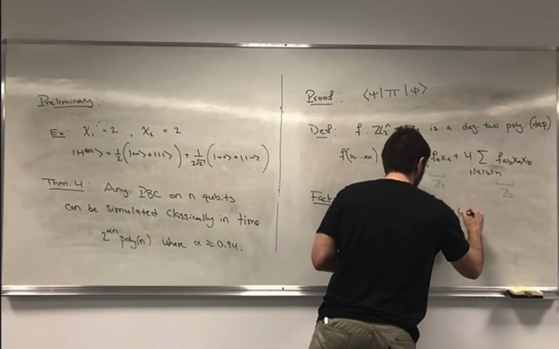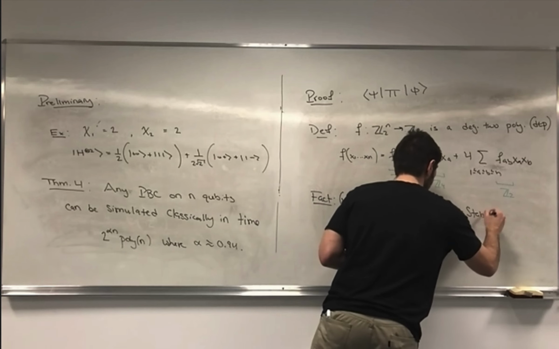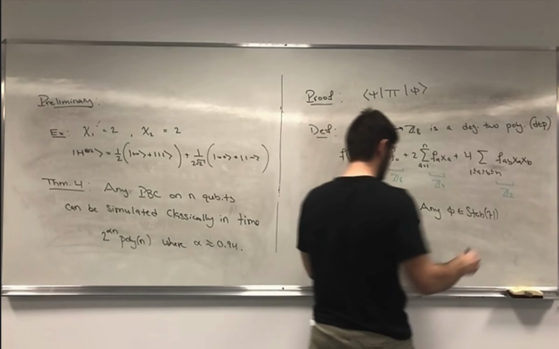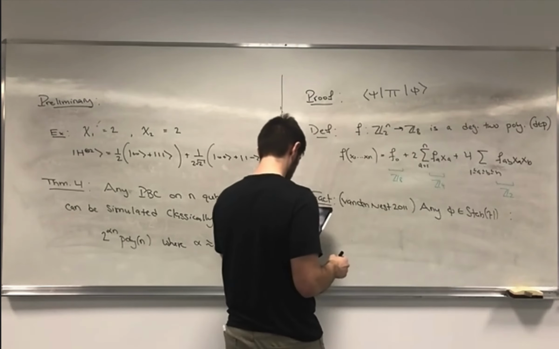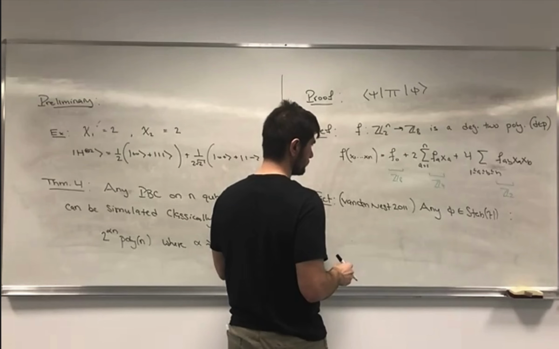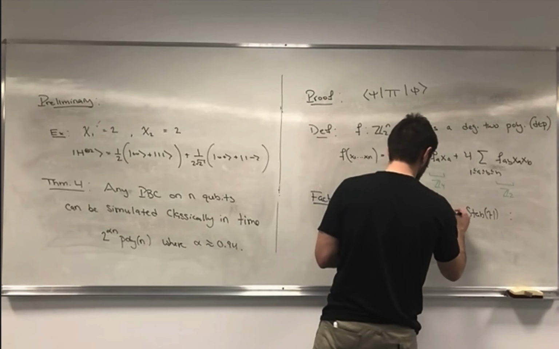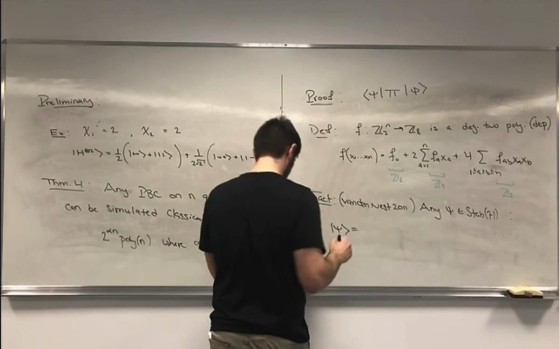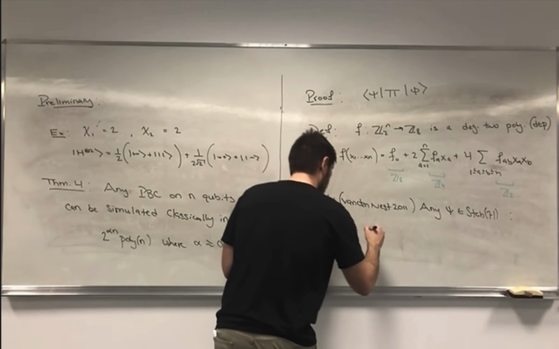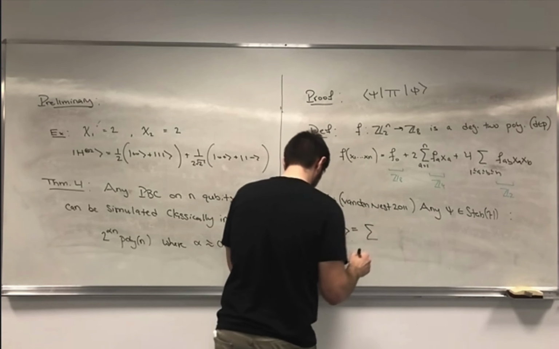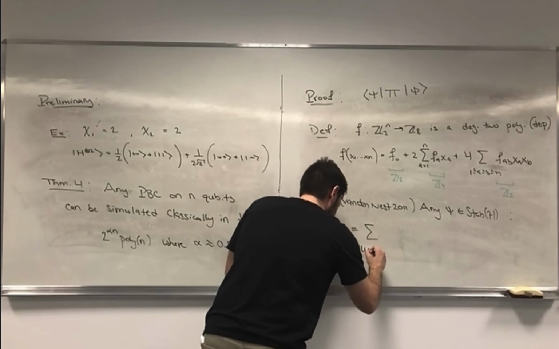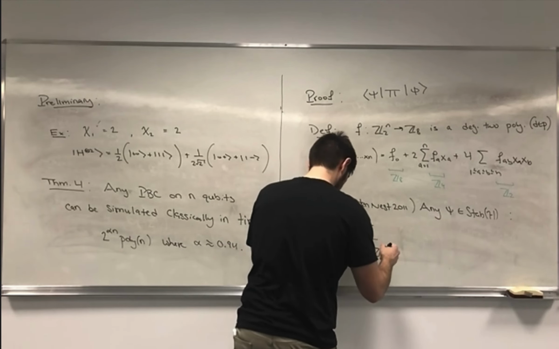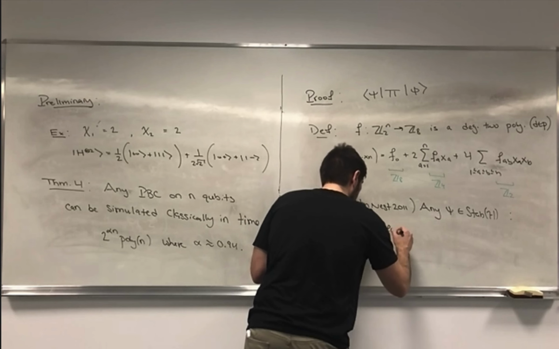Any stabilizer state psi can be written in the following way: as a sum over u, an element of Z2 to the n, of omega to the f of u,